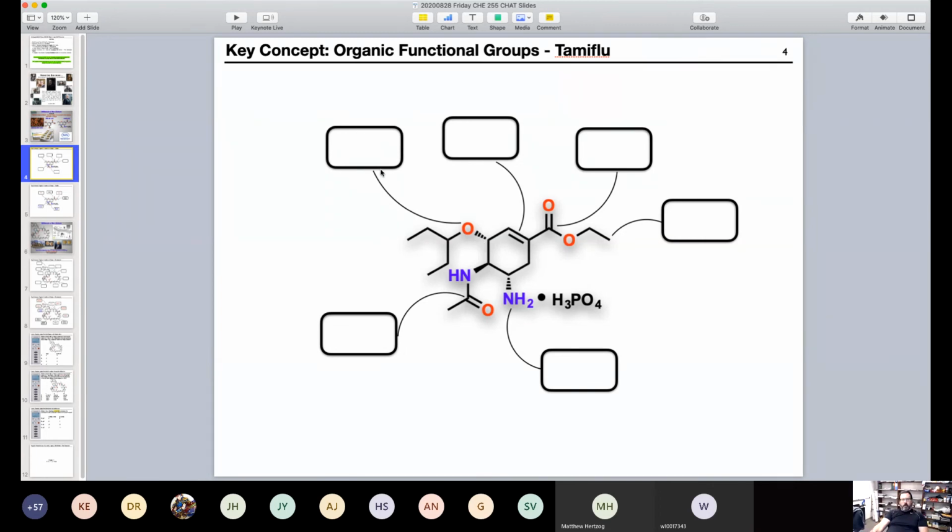So in this box here, this arrow is pointing to this oxygen. This oxygen is bonded to a carbon and a carbon. So carbon, oxygen, carbon is what sort of functional group? You can write your response in the chat. So we have some fast responders here. They're calling it an ether, E-T-H-E-R, ether. So yes, that is an ether functional group.